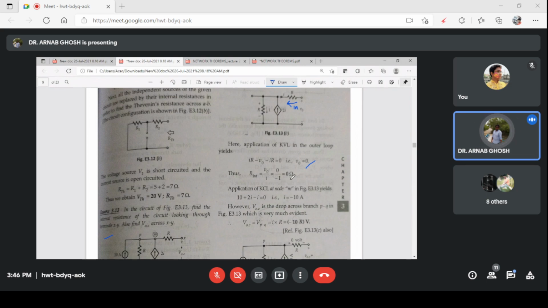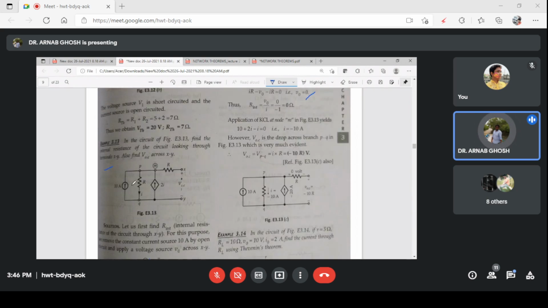I am repeating this once again. So first consider the circuit consisting of only this dependent source. You remove this part of the circuit. So for this dependent source, you have to consider that the open circuit voltage is 0. That is, the open terminal voltage is 0 and you are having a current. So the first step is this. So we are calculating with the current as 1 ampere.